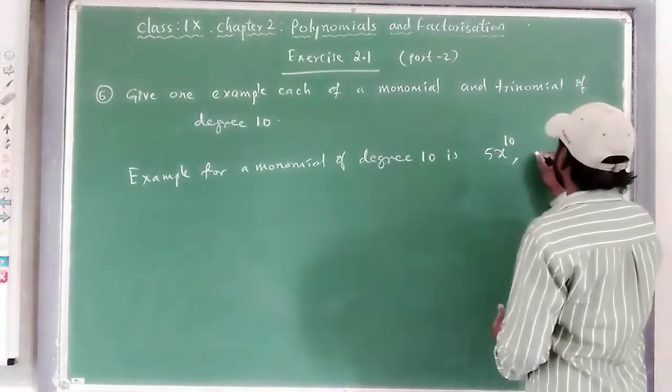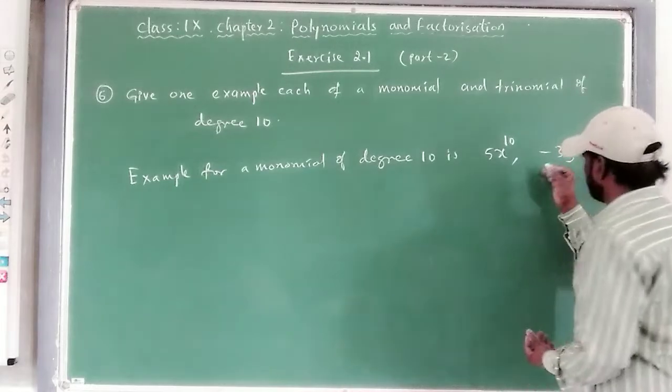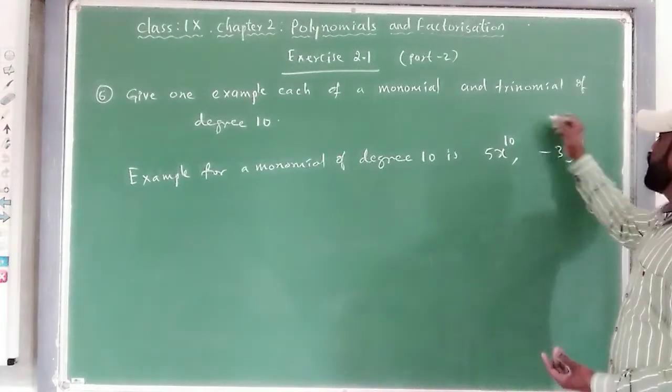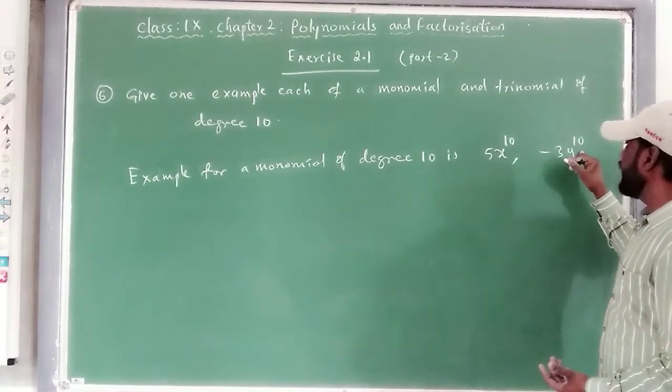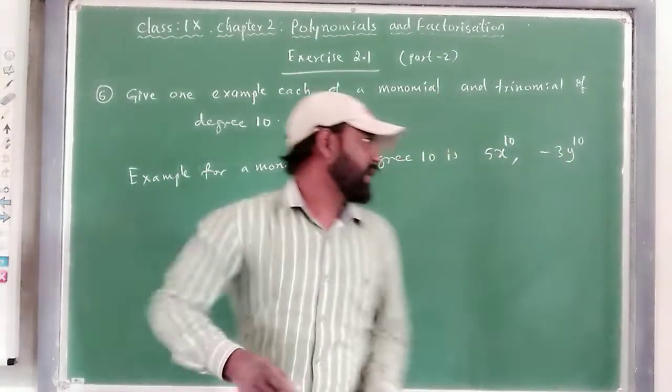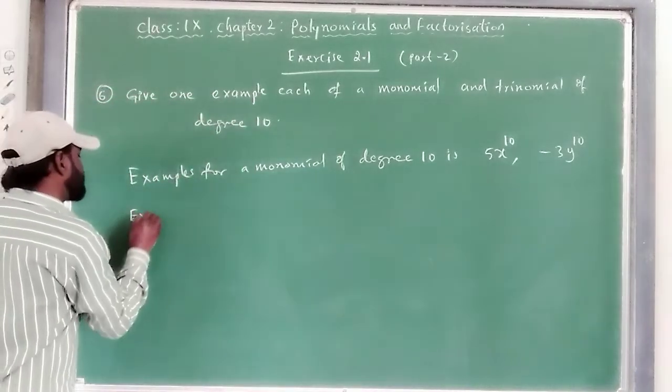Or you can take another one also, minus 3y to the power of 10. This is also a monomial, only one term. Here y is the variable and its degree is 10. Like that, you can write anything. Next, examples